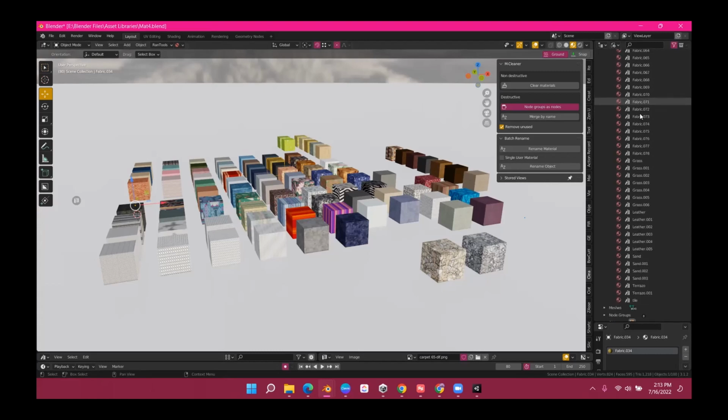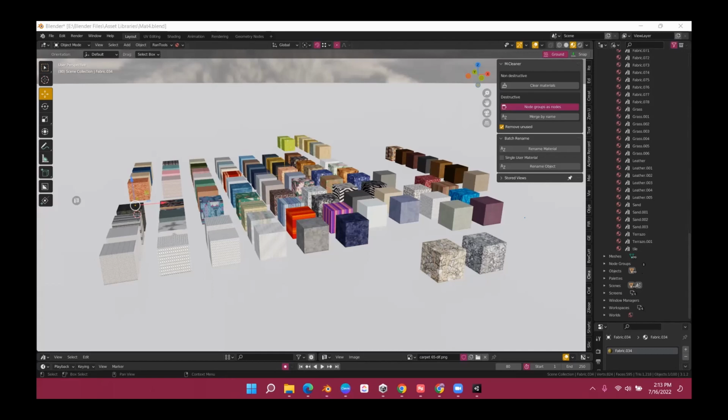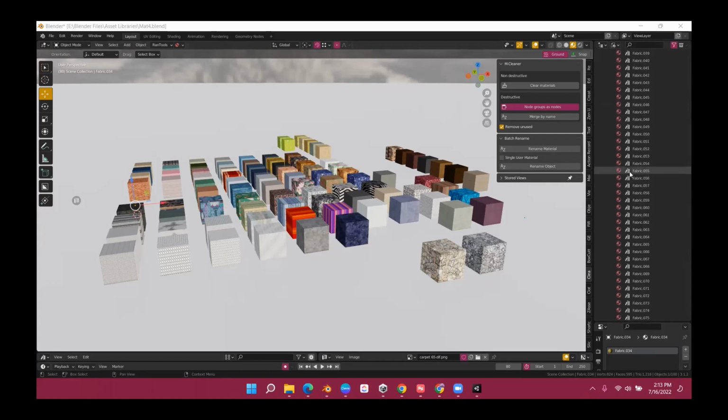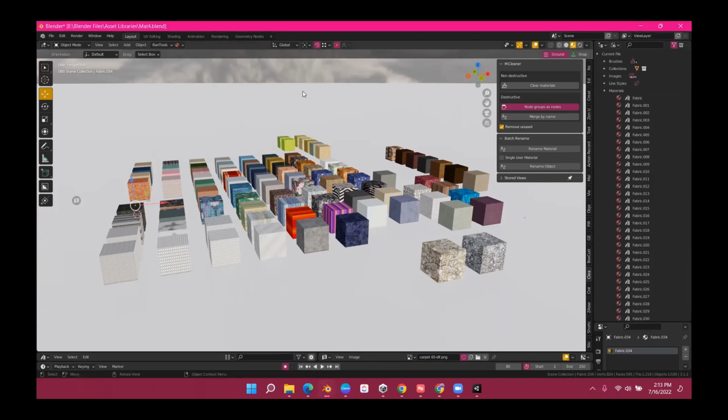I see. I see the icon that you clicked on to go to that folder. Yeah, but you have to click on the fabric, and then mark it as an asset, I think, and then in the